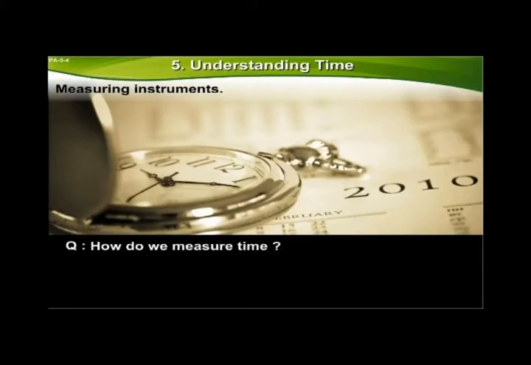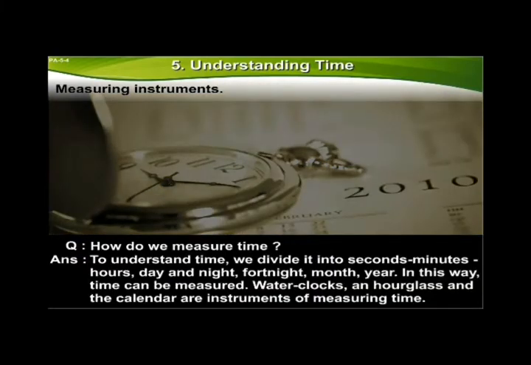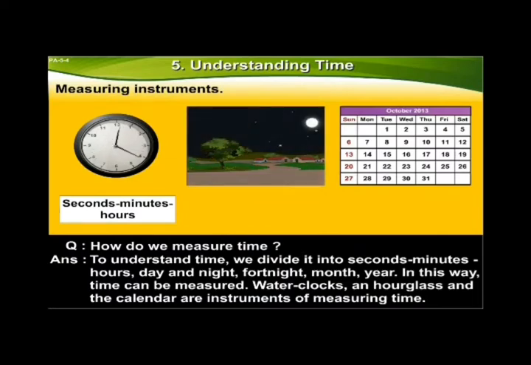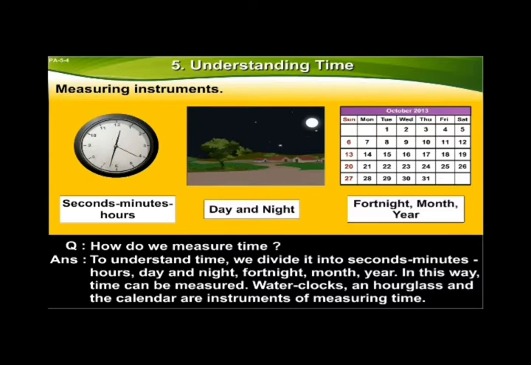Measuring instruments. How do we measure time? To understand time, we divide it into seconds, minutes, hours, day and night, fortnight, month, year. In this way, time can be measured. Now children,